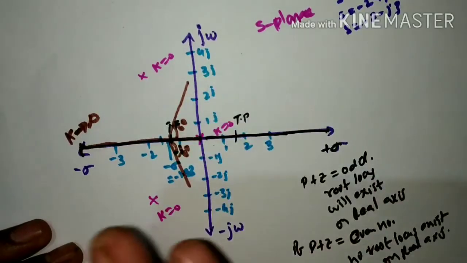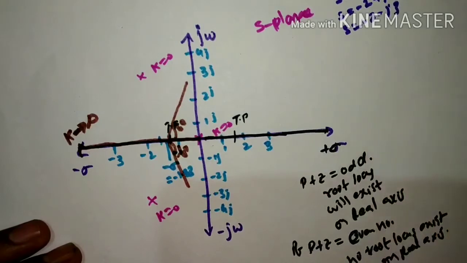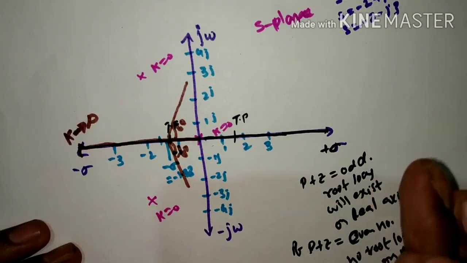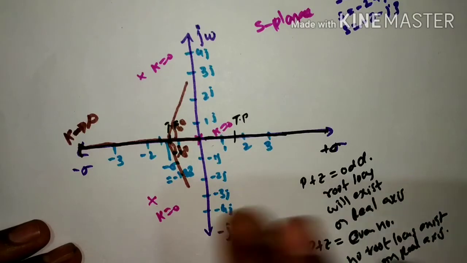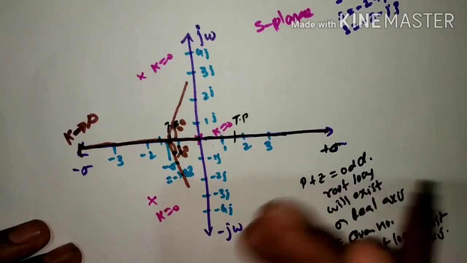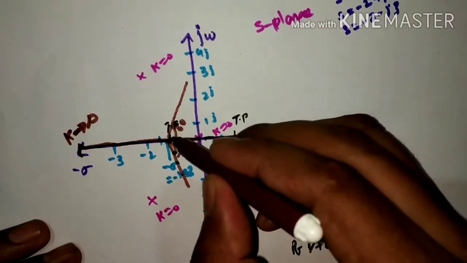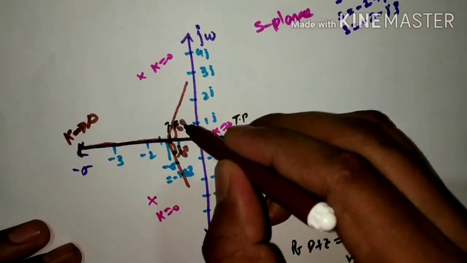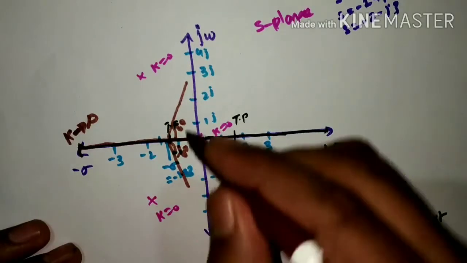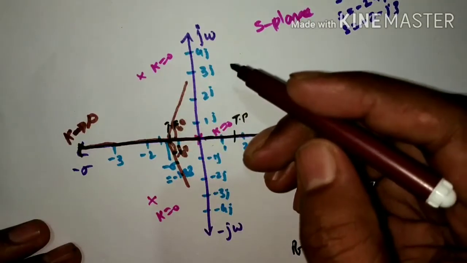See, it is enough if we calculate the required number of angles. Here it is given by the first 3 values of angles. The remaining values will be repetitions of the positive values. I am going to take only plus 60 and minus 60. Others are the repetition of the angles. So if you take the first angle, it is enough.